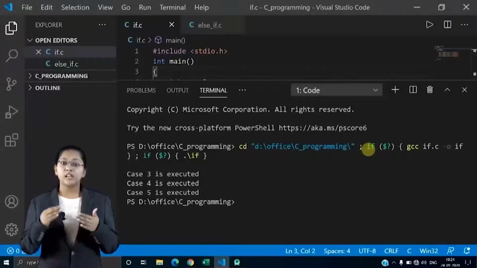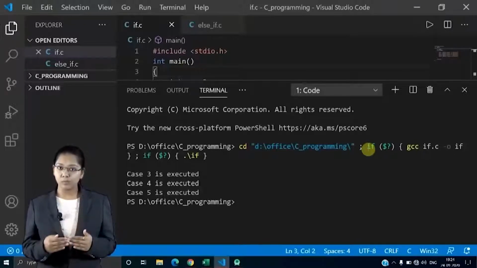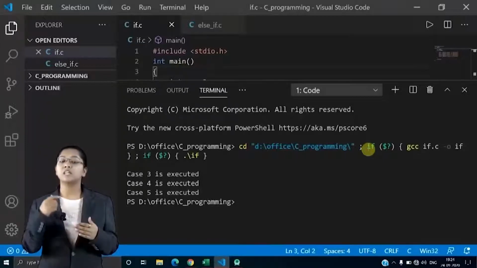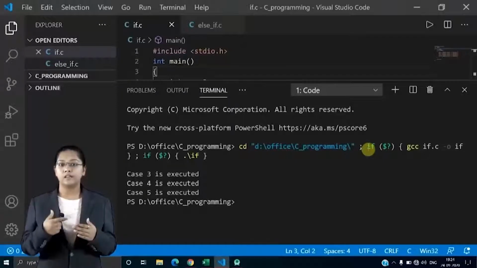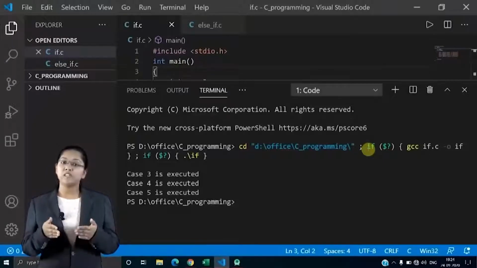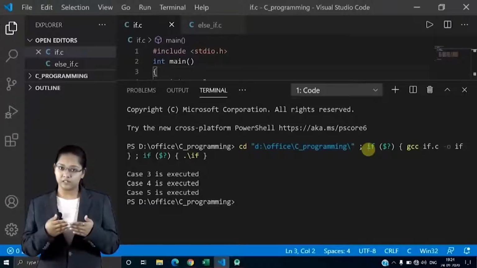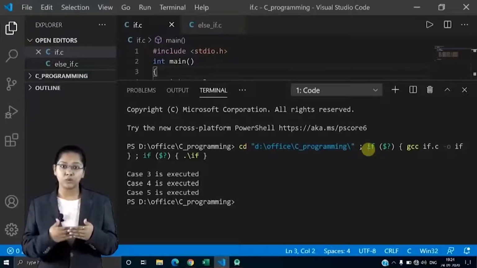Because in a switch statement, there is a parameter that is break. In a switch statement, if you don't want this loophole, then you have to use the keyword break. Now initially what is happening in this code is, the moment it finds 3, it executes. That is proper.